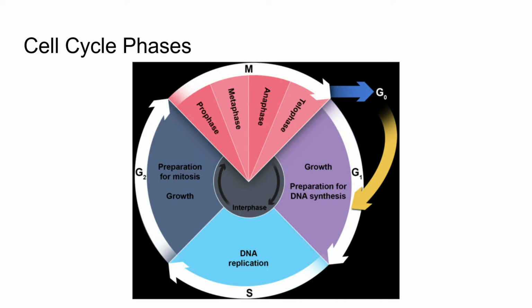Certain checkpoints are built into this replication cycle to make sure the process of DNA replication and cell division progress appropriately. If a cell fails these checkpoints, an attempt is made to correct the error, or if the error cannot be corrected, the cell undergoes apoptosis. Defects in proteins that regulate the cell cycle at these checkpoints create opportunities for defective cells to grow when they shouldn't, often leading to a tumor.